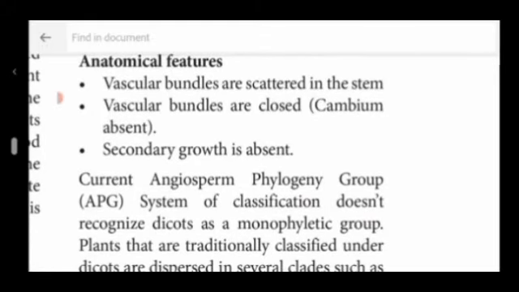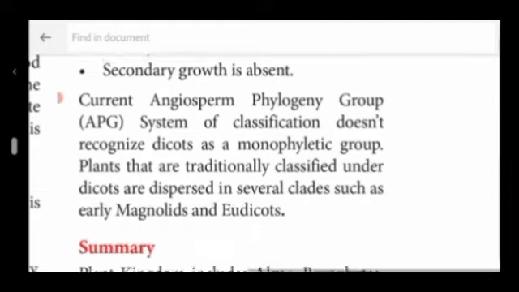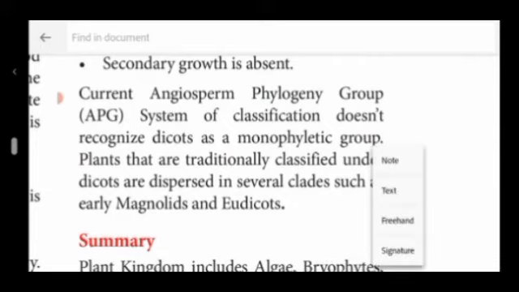The next, anatomical features of the monocotyledons. The vascular bundles are scattered in the stem. The vascular bundles are closed, because due to the absence of cambium the vascular bundles are closed, and secondary growth is also absent. The current angiospermic